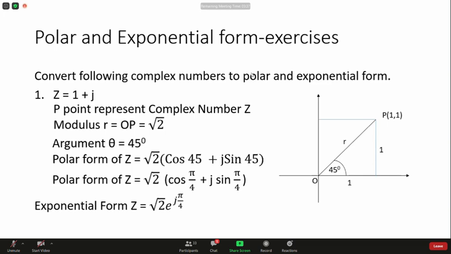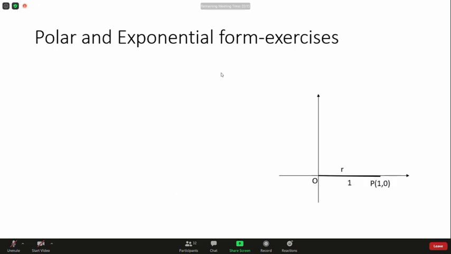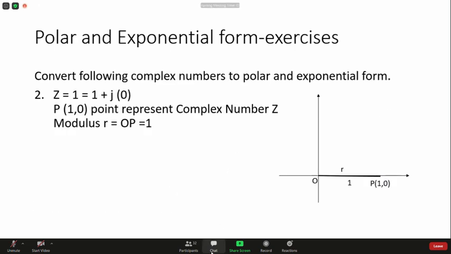See the exercise. Very good one, because the complex number is given in Cartesian form, we have to plot the point on the Argand diagram, find out the modulus and argument, write the polar form, and convert it to the exponential form: square root of 2 e^(j pi by 4). Similarly, those who have done it, this is a good example. We didn't give the solution previously. Take this one.